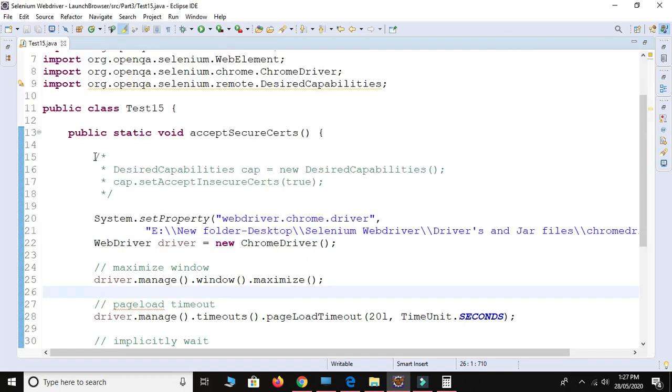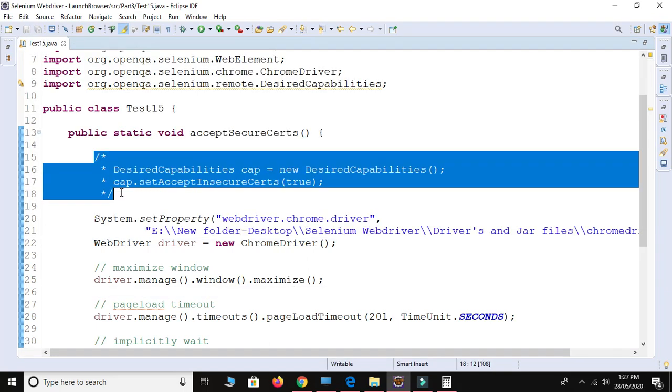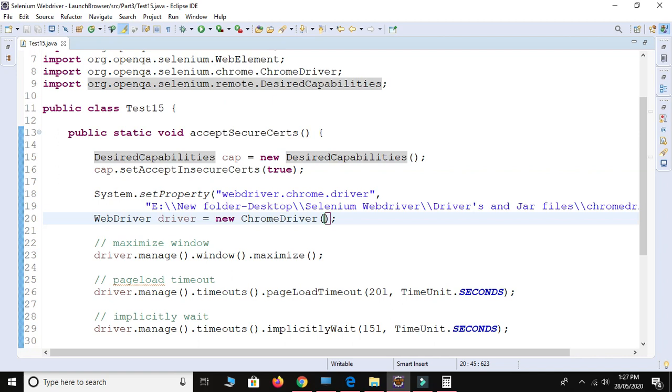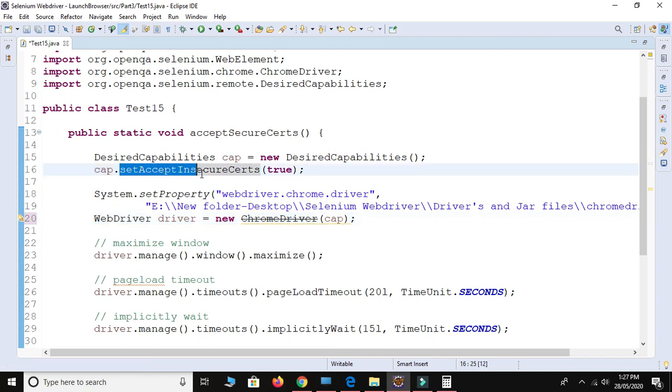So let me remove this comment and I will provide this reference variable cap here because we need to accept the insecure certificates. So we provide this method setAcceptInsecureCerts and we provide the true value, which means we are ready to accept this insecure certificate.